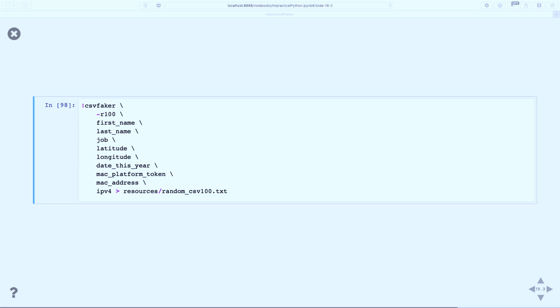A date this year. There's all sorts of different dates you can generate, but I just picked one for this year. A Mac platform token. You could generate user agent strings if you want to, things like that. A MAC address and an IPv4 address, because clearly these are pieces of information that would always be in the same data file. And I'm just doing this in the shell, so I wrote it out to this resources random